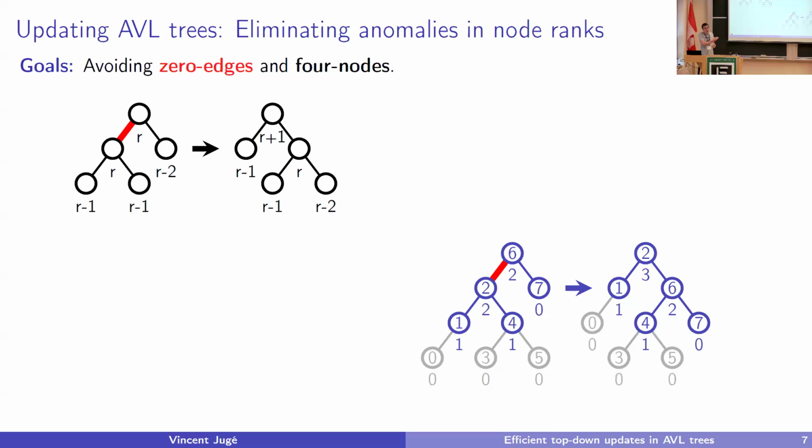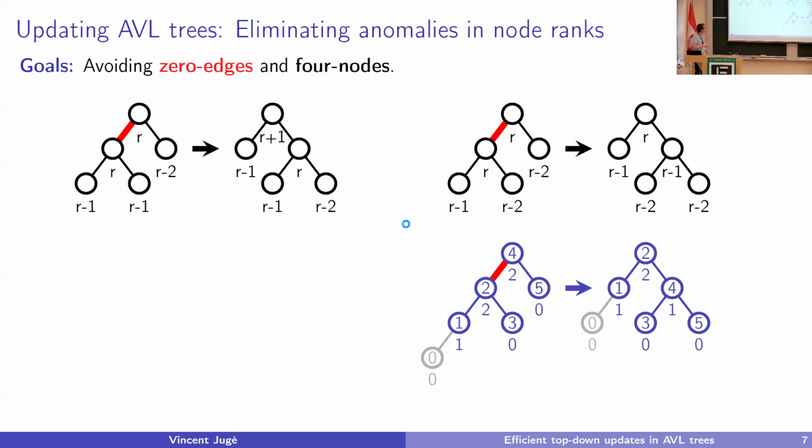And later we will adapt this algorithm. So here, I imagine I have some node with rank R, and my child, let's say my left child, for the sake of symmetry, also has rank R. So here I have a 0 edge, and I want to get rid of this 0 edge. But maybe, for instance, my other child has rank R-2, and my grandchildren here both have rank R-1. Well, what I should do is reorganize my tree, but it must remain a binary search tree, so the left to right ordering is important. The structure of the tree shall change, because otherwise I will have a problem. Or at least the rank assignments should definitely change. So here, oops.